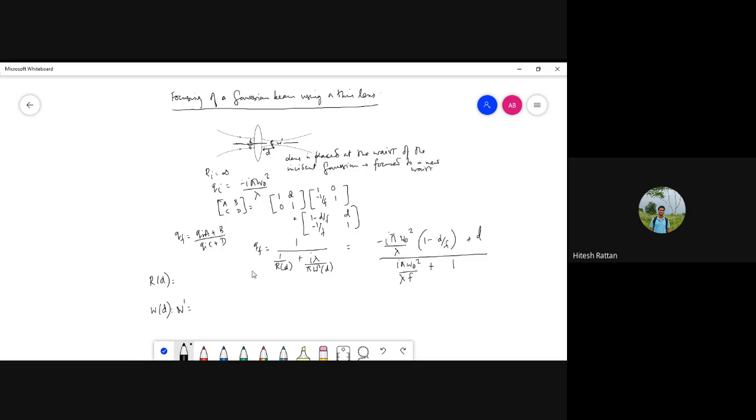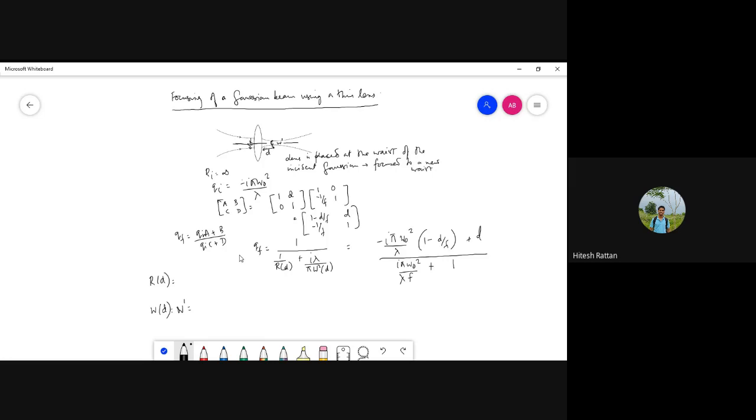Yeah, so it will be minus i pi omega naught square, 1 minus t by f, divided by... So that i pi is omega. Basically you're saying that again you're putting d equal to f. No, sir, but that expression is very similar to that. Oh, the d is there.